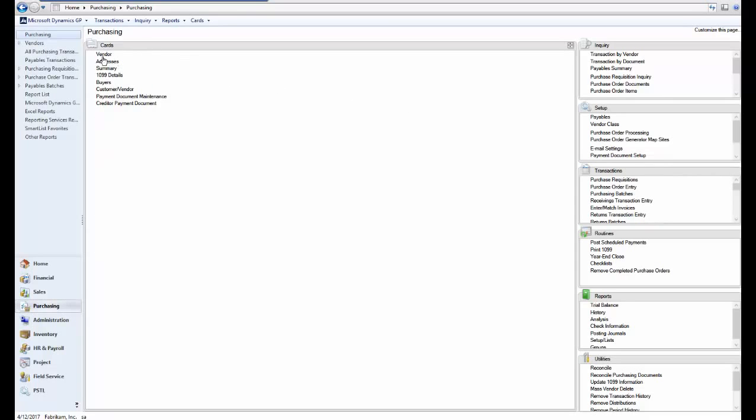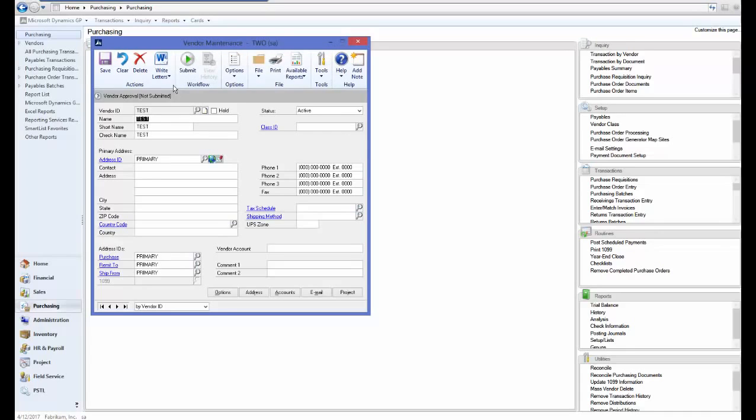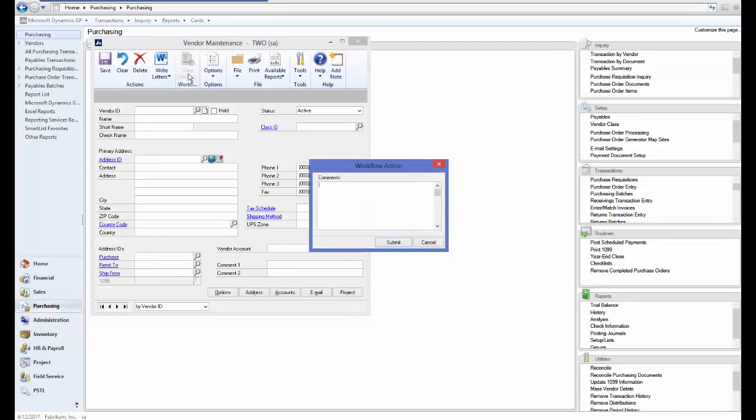I'm going to expand Cards, Vendor, and I see that the vendor workflow is turned on in Vendor Maintenance. For this example, I'm just going to create a new vendor and call it Test. I'm going to click Save, go back into there, and click Submit. So now when I want to go enter a purchase order,